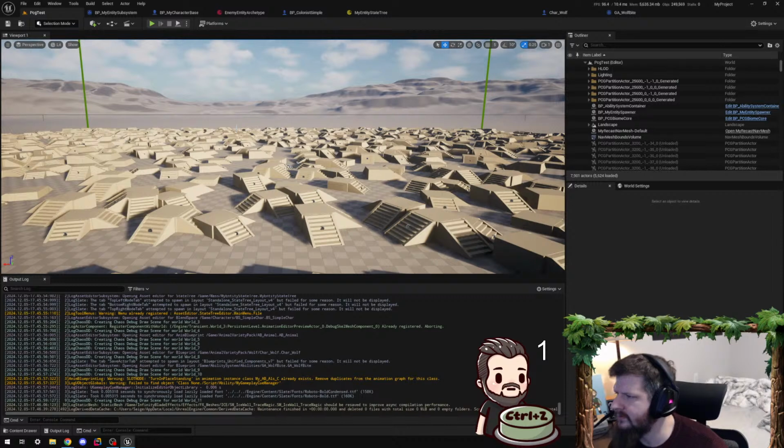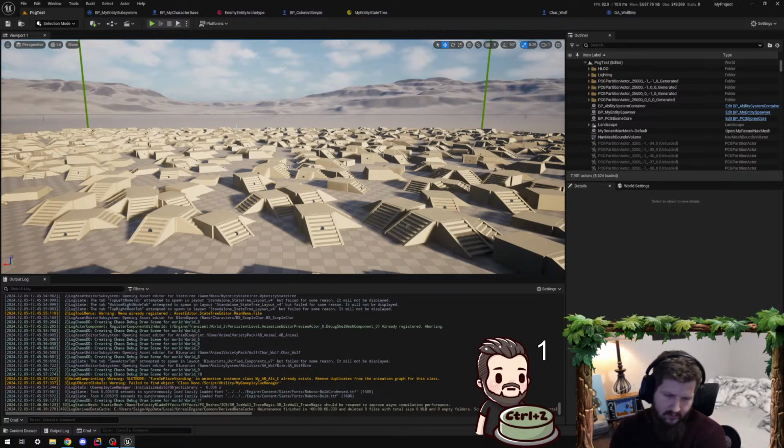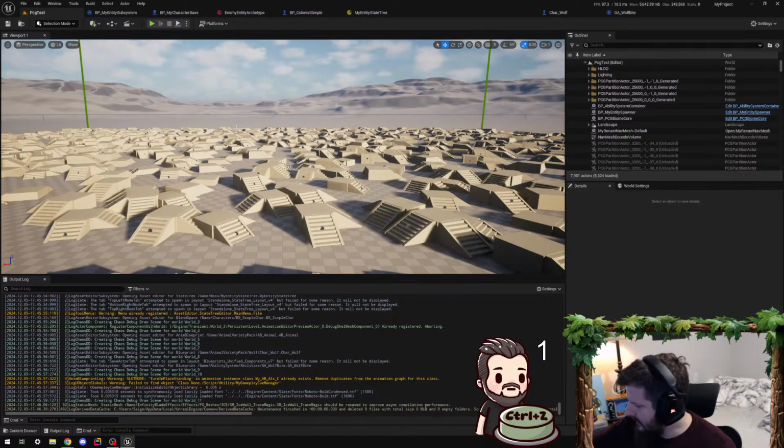And then I also need to do probably some more handling of partial paths, or in other words, when a pathfinding request can't make its way all the way to the destination. Do I still want to try and get as close as possible? That kind of thing. I think I also need to